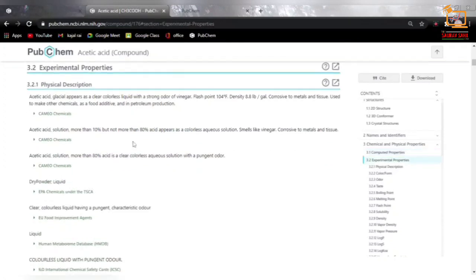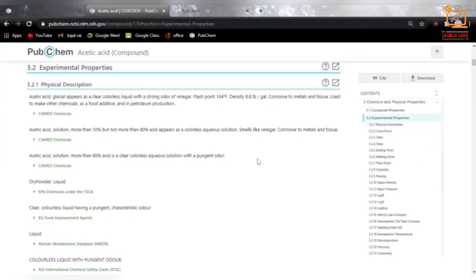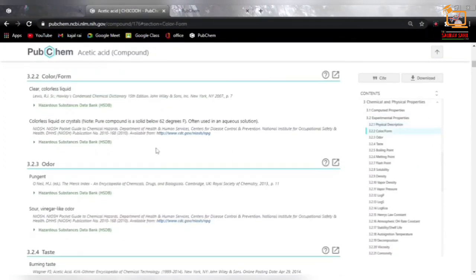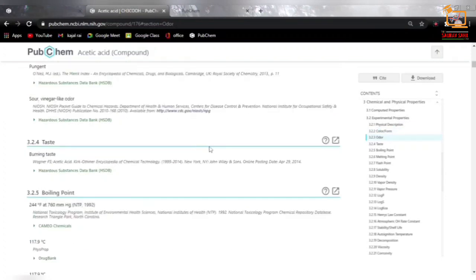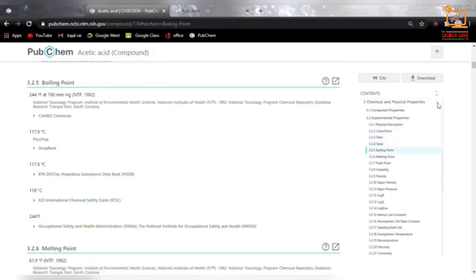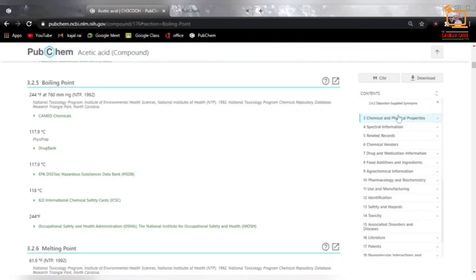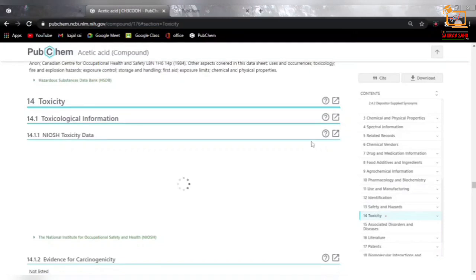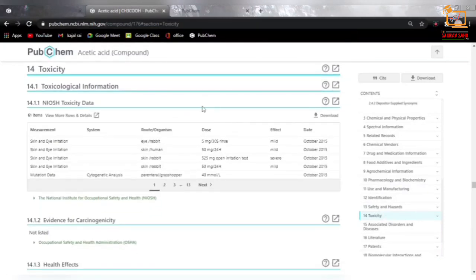Then we have experimental properties, which contain physical descriptions. Then we have color and form. Then we have odor, taste, boiling point, and so on. Now we are looking for toxicity. This page contains the information related to toxicity. This contains the toxicological information.